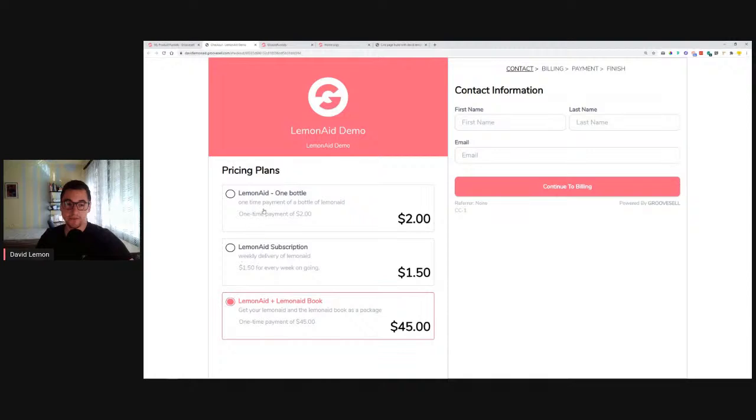If you're doing different types of payments on the same page, for example, this would be a subscription for a lemonade for 150 every week ongoing. So this is a subscription until you cancel. And then there are also one-time payments, installment payments and things like this. I will go through in detail in a moment, but this is what I want to mention, how you can create a package with your order bump and the main offer